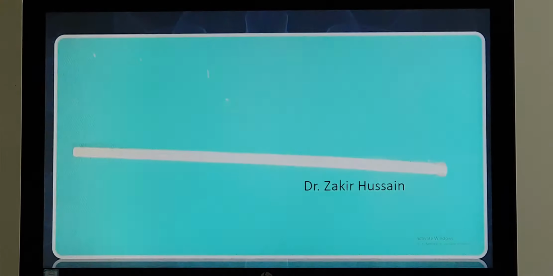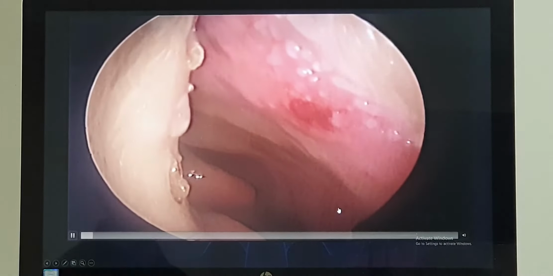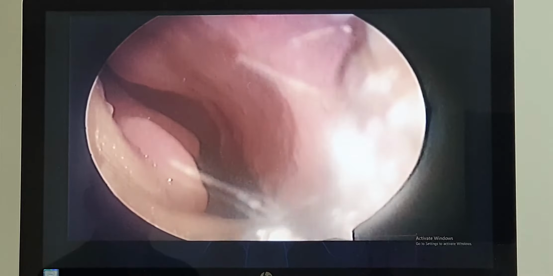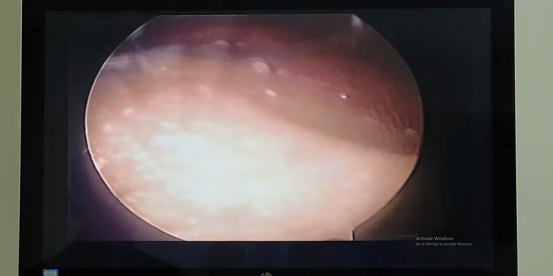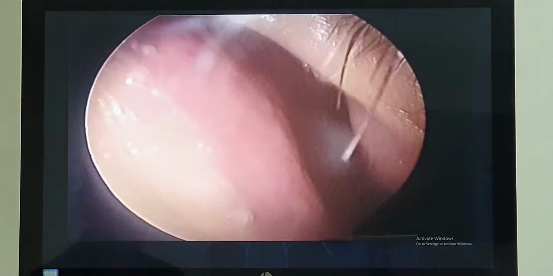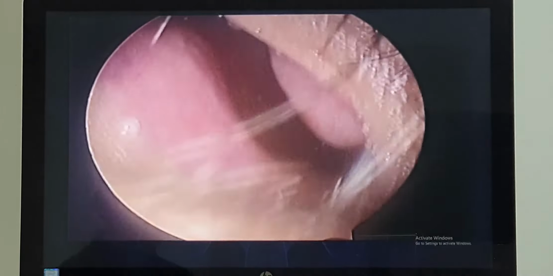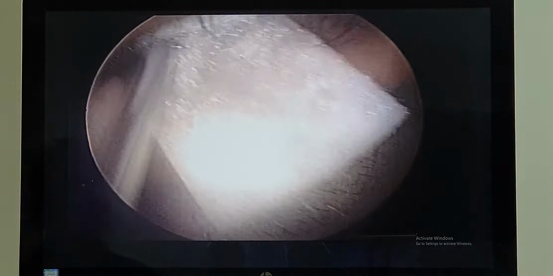Now, let me give you a small demo of how I do it. Here we have a child with a bleeding spot. First I am doing a diagnostic nasal endoscopy, and I have visualized the bleeding spot, and I have decided that I will go ahead and do a cauterization. I like to keep a nasal pack there, which contains, as I mentioned, a local anesthetic agent as well as a decongestant. That is being applied, and that pack will be left there for 5 minutes.